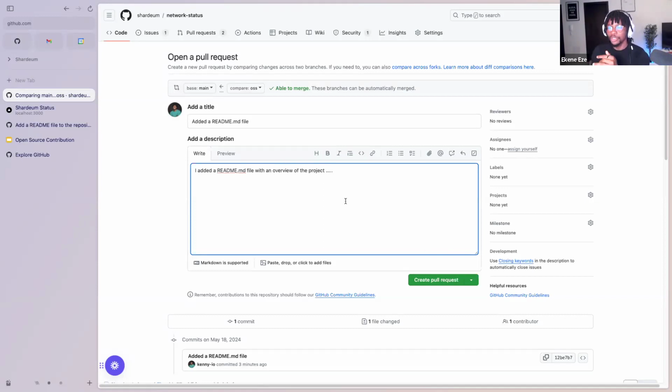This part helps very well for the maintainers of the project to get a good idea of the changes that you've made. So I would be very vocal here in this description, right? I would write every single thing that I've added, not just that I added the readme.md file, but what are the contents that I've added inside of that file. You know, I added an overview, I added a prerequisite section that talks about what is needed before you run the project. I added instructions on how to install, instructions on how to run it locally, blah, blah, blah. All of those things are very helpful for the maintainers to know exactly what you did.